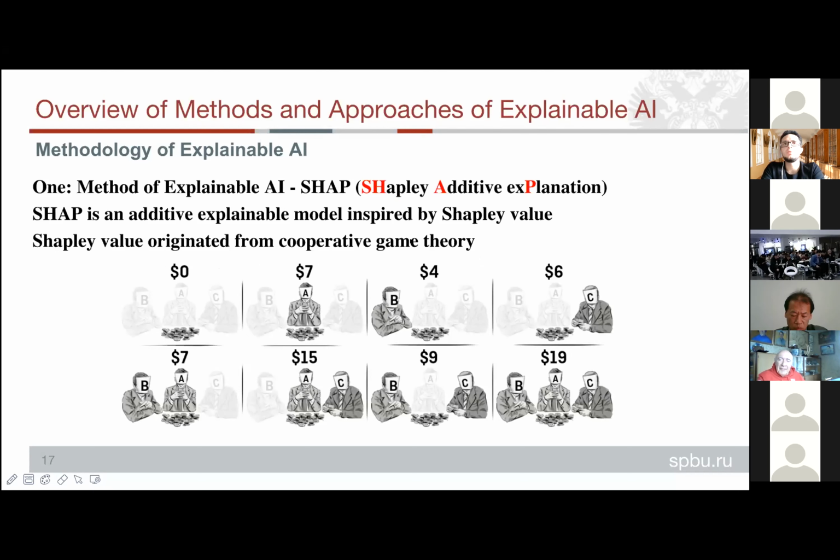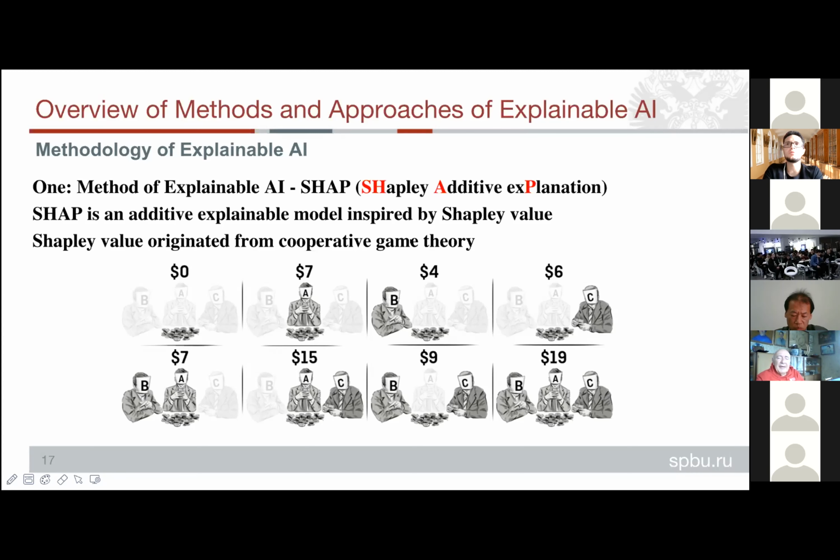And well, why the Shapley value? Because this is the most well-known cooperative solution, but there are many others also. Yes, and for specialists in artificial intelligence, the easiest solution was to take the most widely used one. And I can say that they actually transform the Shapley value in the way that